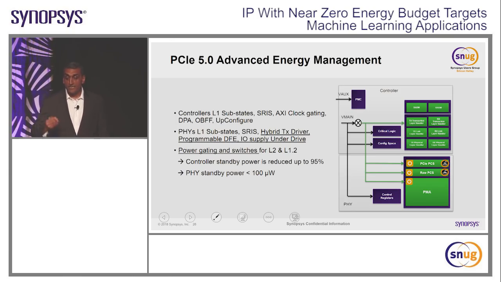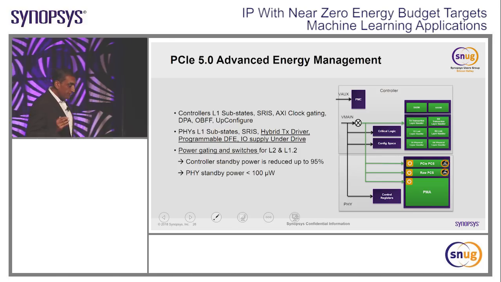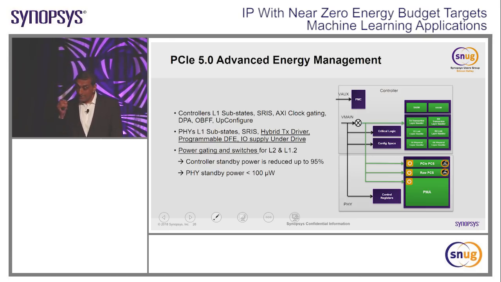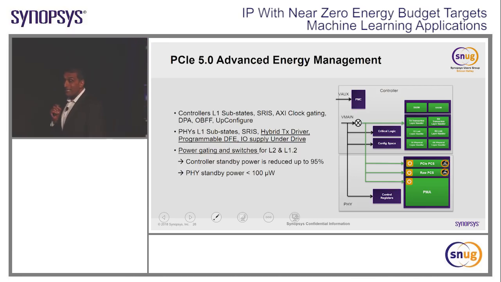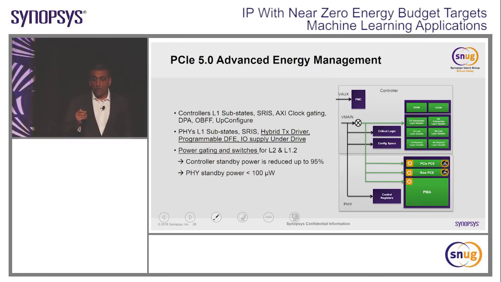So from a digital perspective, L1 substates, something called SRIS, which is separate reference clock with independent spread, DPA, which is your dynamic power allocation, and OBFF, which is essentially your optimized buffer fill, allow you to control both active and dynamic power consumption. The dynamic power consumption in the physical interface, remember, 70% of the power consumption in this interface actually comes from the output transmitter of the high-speed PCI Express Gen 5. So if you can get the power consumption down of that 70%, you're getting towards your goal of near zero energy budget. Some of the techniques that we're using include optimizing the driver by playing with the launch amplitude,